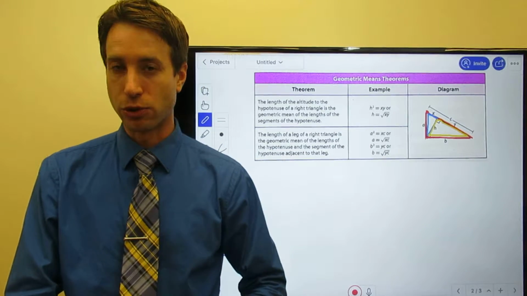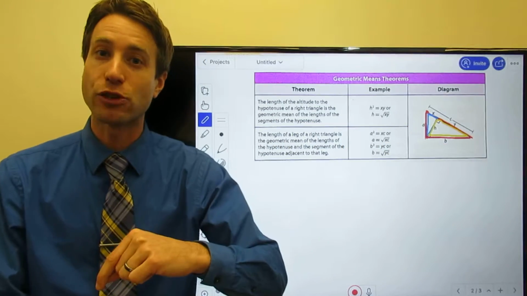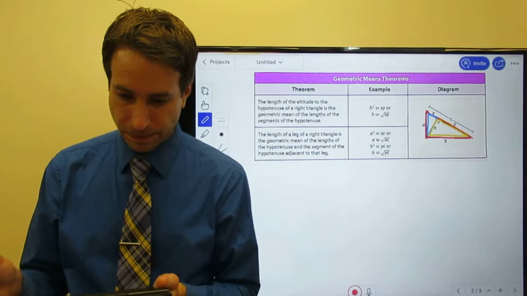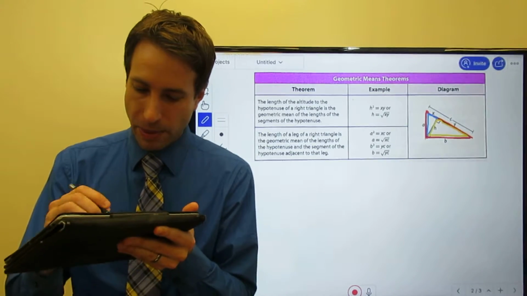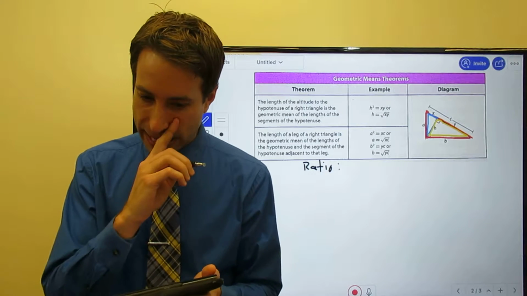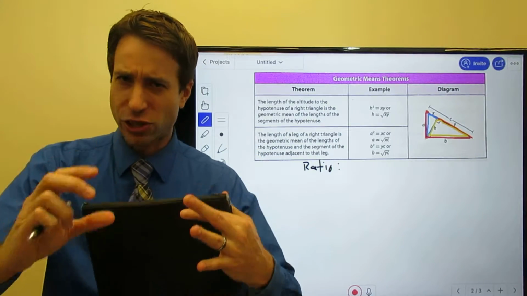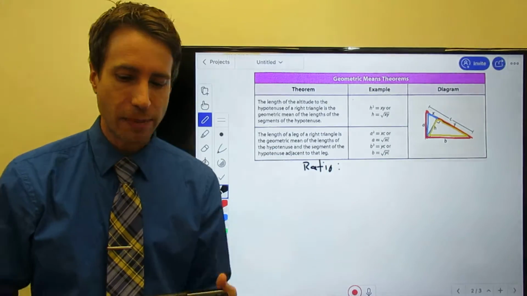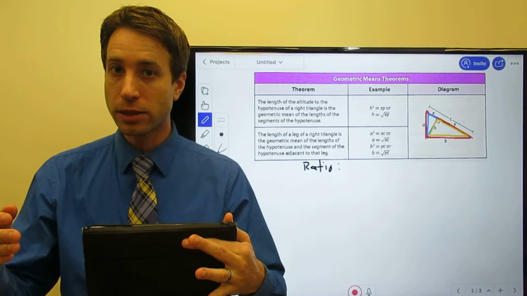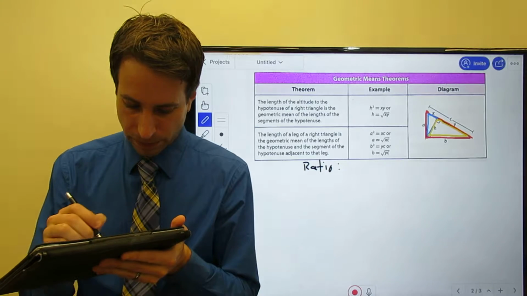Here's what I want to now do. I want to show you how we can apply those similar triangles and a geometric mean to help us solve for unknowns. So here's what we're going to do. First, let me make this quick note: when we set up our ratio, so that it works out for you every time and to help you keep things straight, make sure that you always put the longer side on top and the shorter side on the bottom. So when you set up your ratio,